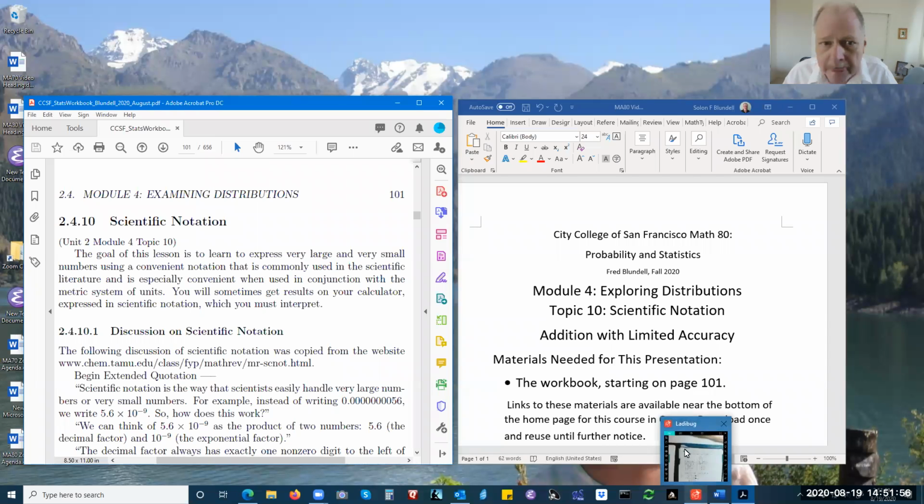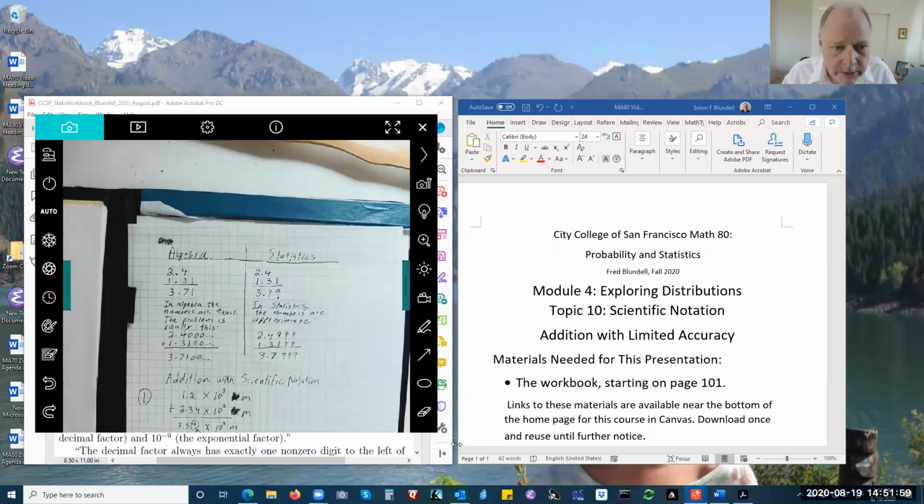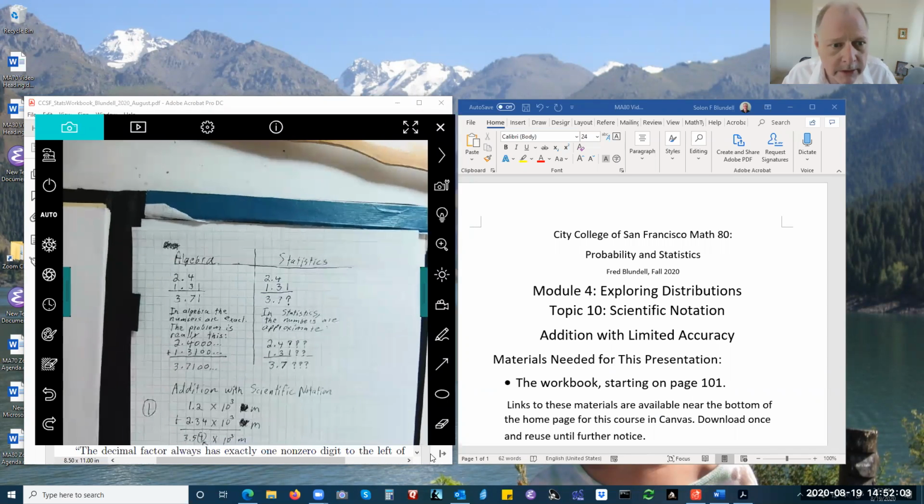I want to just do a few calculations on paper just to show you how to handle the arithmetic with numbers that come from measurements. So in an algebra class,